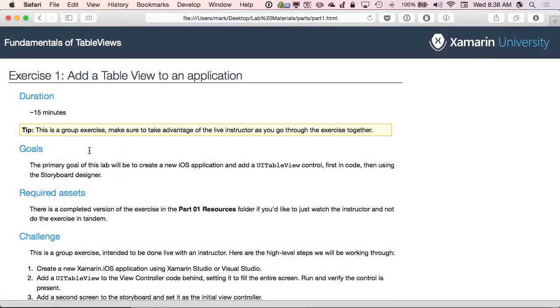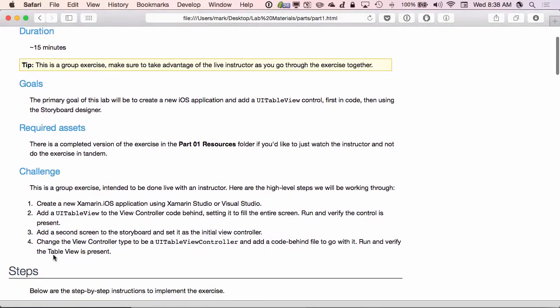You can click the exercise link to actually walk through the step-by-step instructions, as well as the challenge that gives you the high-level exercise that we're going to do. So here you can see we've got 4 basic steps. Now, this is a recorded video. However,